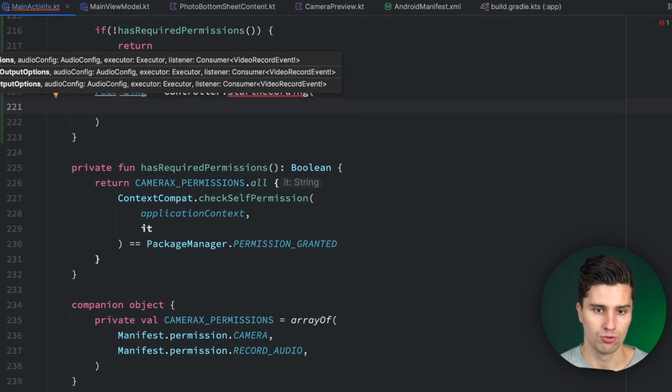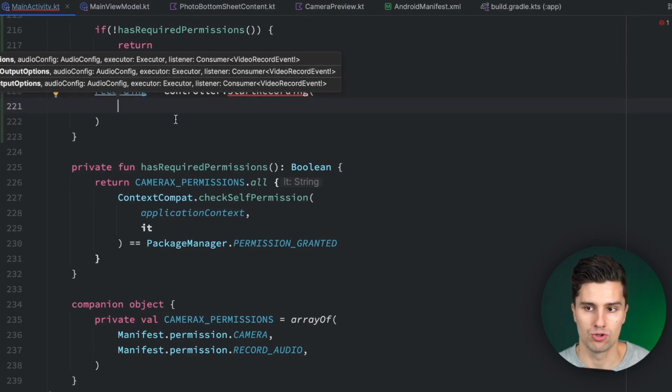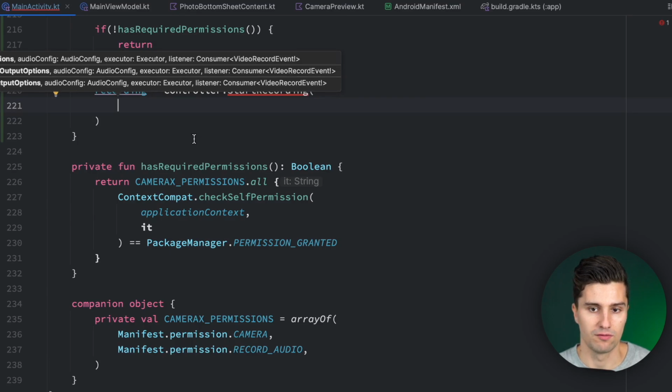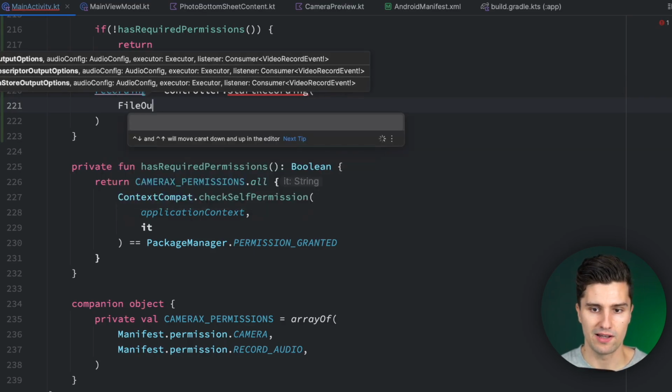But if you really want to add your photo, or rather your video, to the real gallery, so that you can also see it next to your real photos in your real photo gallery, then you would need to use MediaStore, which allows you to insert something like a video or a photo into your real gallery with all the metadata that belongs to it. So we're going to use file output options,